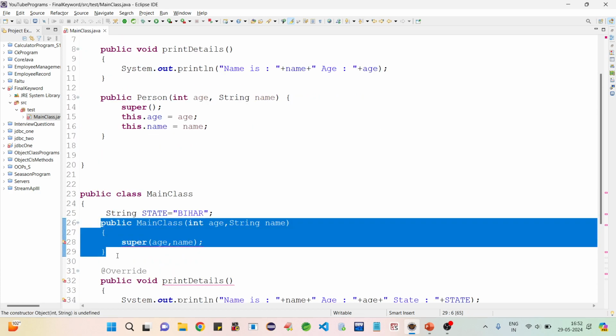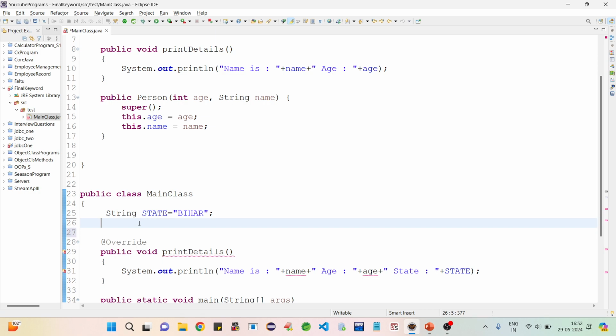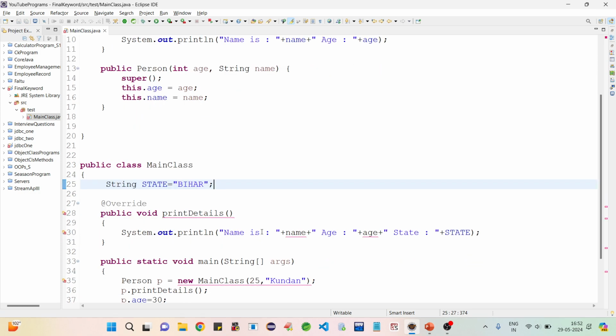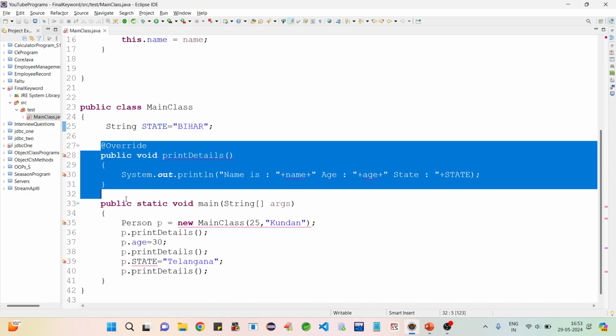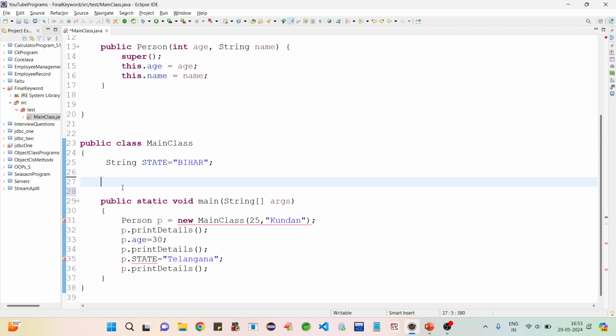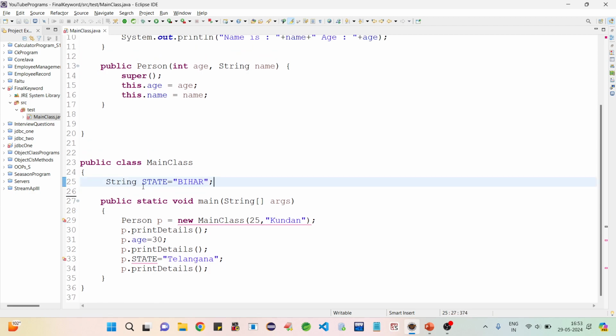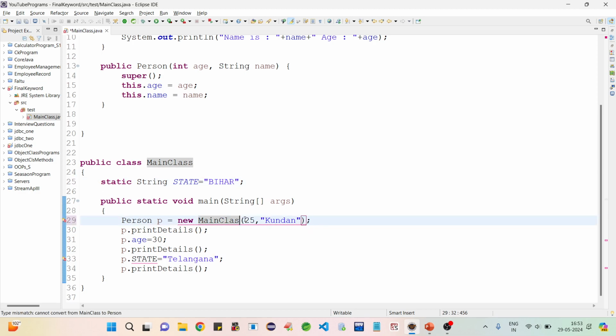We can't inherit, right? We can't override without inheritance. We can make this variable static also, then we can access it directly. Here, person,